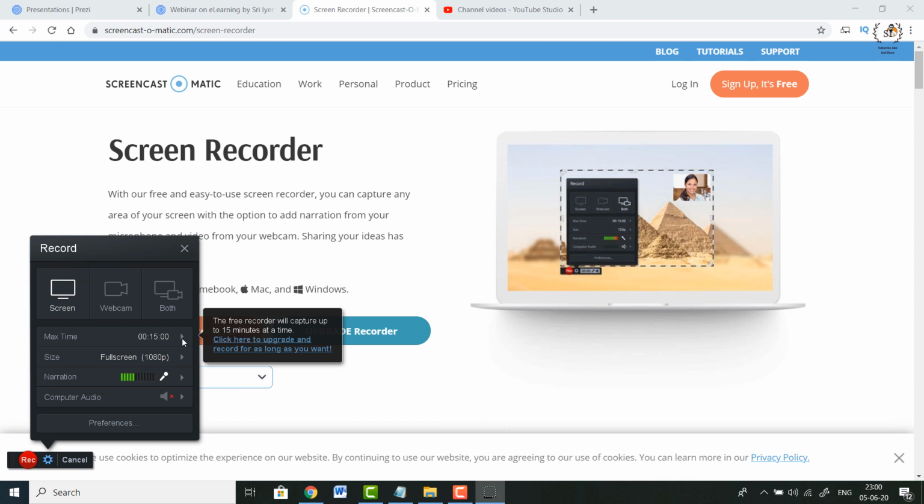The only drawback of this is it gives only a maximum 15 minutes duration video. So what you can do is, if your lecture is of a longer duration, you can create multiple captures and then combine them together with the help of any freely available video editing softwares. Correct? So let's see how exactly we can convert those presentations we had created so far into a full-fledged video.